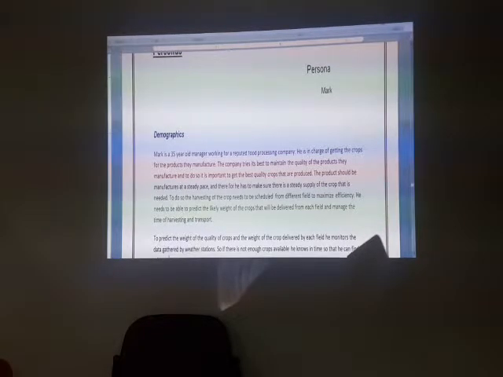The product should be manufactured at a steady pace, and therefore he has to make sure that there's a steady supply of the crop. To do so, the harvesting of the crop needs to be scheduled from different fields to maximize efficiency. He needs to be able to predict the